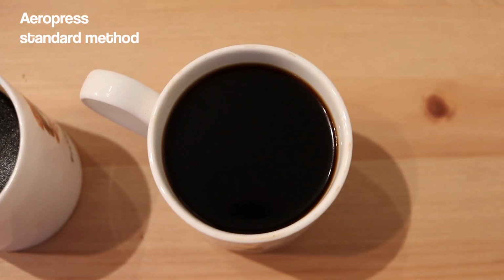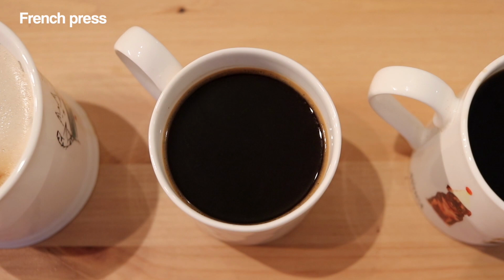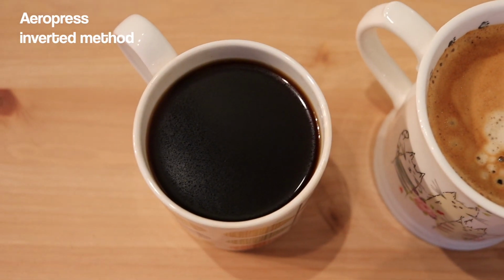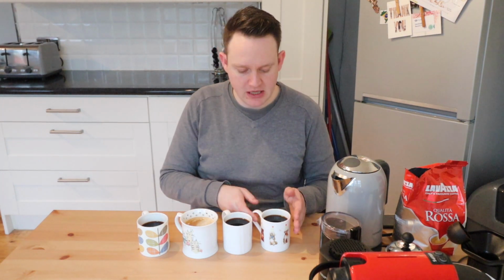So this one is the AeroPress. This one is made in the French press. This is the Nespresso, and this is the AeroPress inverted method. So if I go 1, 2, 3, 4, the way I made them,